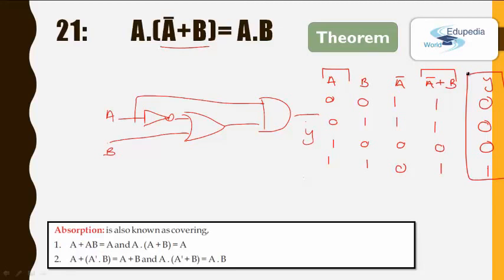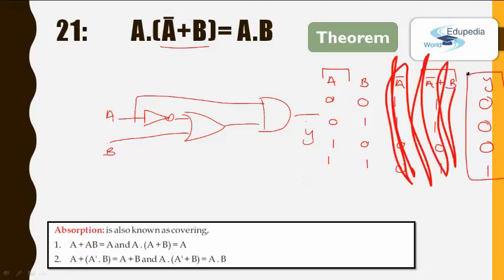And for the right hand side, you can see it is just a typical AND operation. Now if we hide these two columns over here, we can obtain the AND operation truth table. So here 0 AND 0 is 0, 0 AND 1 is 0, 1 AND 0 is 0, and 1 AND 1 is 1. So this output over here is the same as the AND operation.